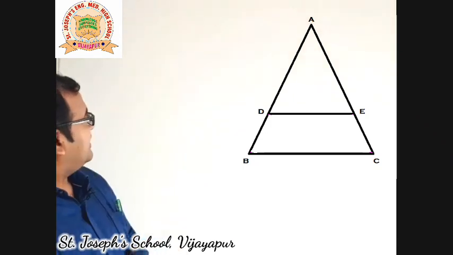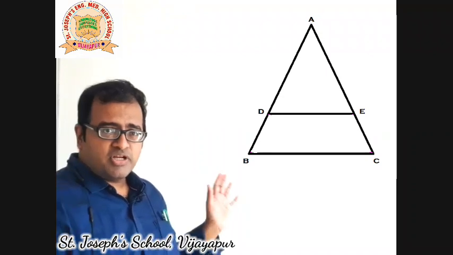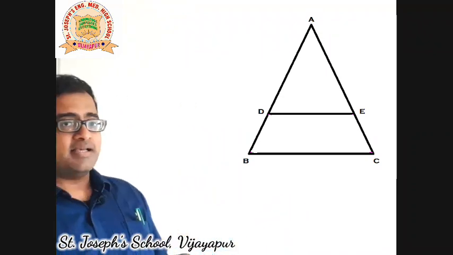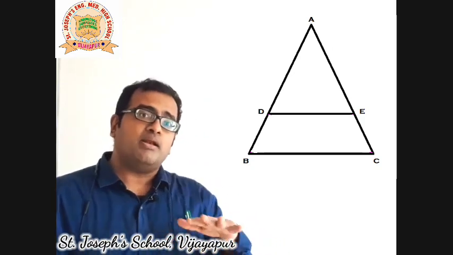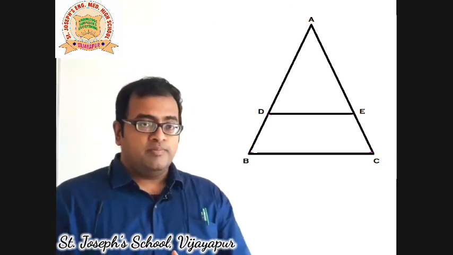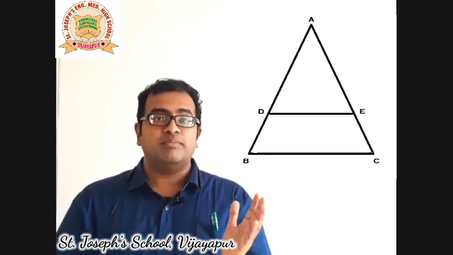Hello everyone, today we will look at the proof of Thales theorem, which is also called the basic proportionality theorem, BPT. So what does BPT actually say? Look at this. BPT says that in triangle ABC, that's a given triangle now, if we draw a line parallel to one of the sides, I am going to choose a line parallel to BC here. So DE is the parallel line here, and this line DE is going to divide the remaining two sides.